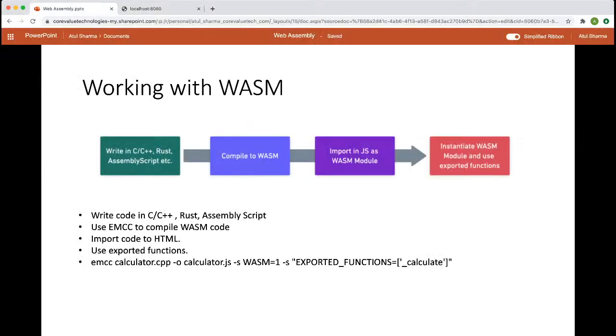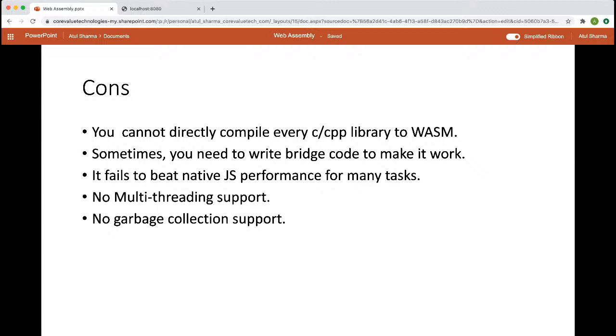So certainly WebAssembly is a very good tool when we need performance and we have libraries that are written in other high-level languages, such as C and C++. We have certain cons with JavaScript. One thing is that we cannot directly compile libraries into WebAssembly and have them executed in the browser, because we need functions to be exported, and these exported functions are going to be consumed by the web browser. But since not all libraries export functions, we need to write bridge code which will actually export the functions from the C++ code and make them available to JavaScript.